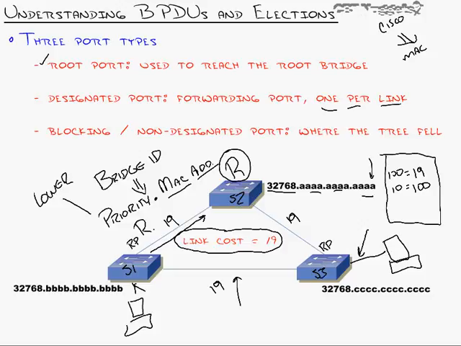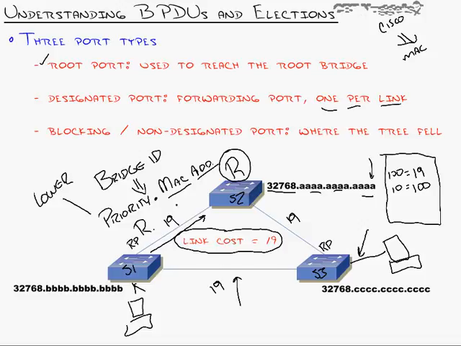If switch 1 goes down and dies, well, switch 3 can still reach switch 2 and still has active connections. If switch 2 were to die, switch 1 could still reach switch 3. It's redundant. But remember, a broadcast, if we don't block something, will circle around and around that network everywhere, blowing up all the devices. So when you are talking about these links, we know one of them has to go,